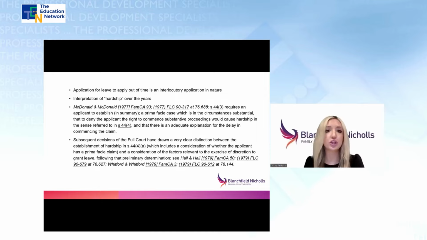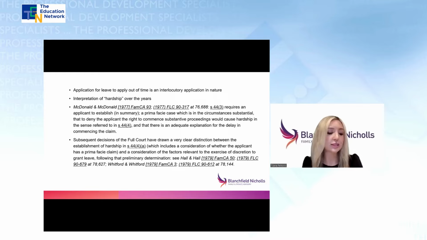And what constitutes hardship has been considered by a vast number of authorities, and I refer to them in my paper. It is important that when you are reading some of the earlier cases that you be mindful of the fact that Section 44 of the Act has been amended over the years. So just be mindful of that, particularly when you are referring to some of the earlier cases. A very helpful summary of the various and relevant interpretations of hardship is found in the 2011 full court decision in Sharp. And I will take you through some of those earlier authorities.